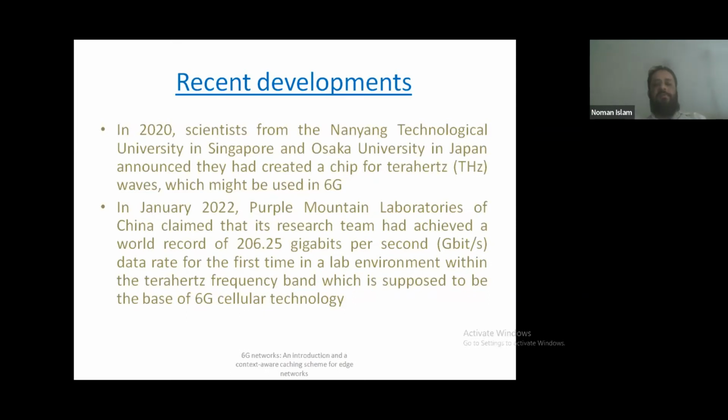So for terahertz communication, similar experiments were done in China, where around 206.25 gigabits per second data rate has been achieved in the lab environment. That is a very big achievement, and we are near to achieving terabits per second data rate